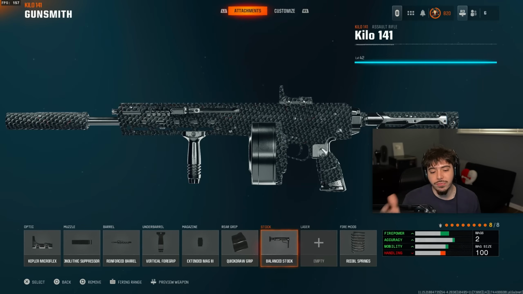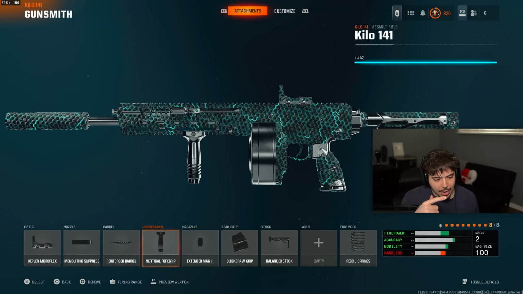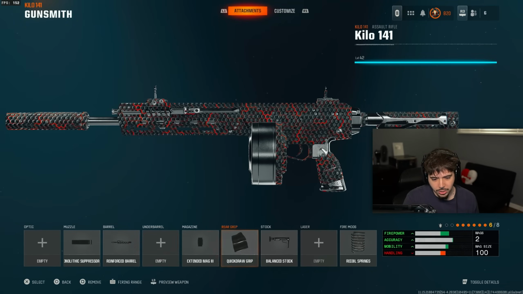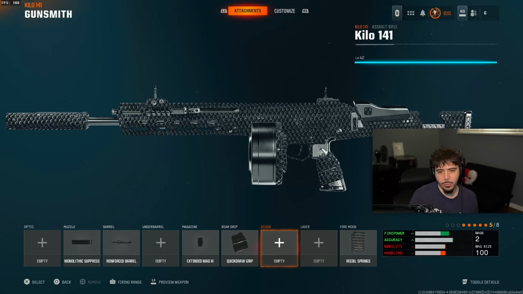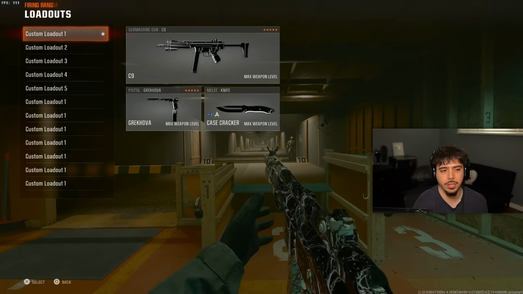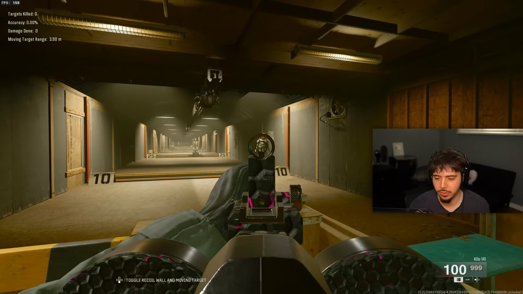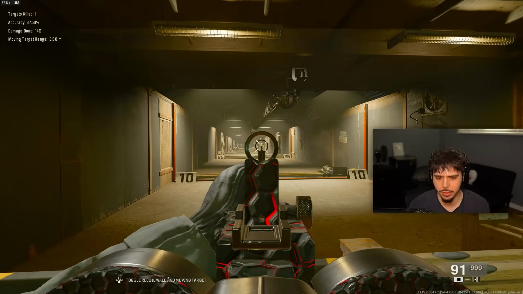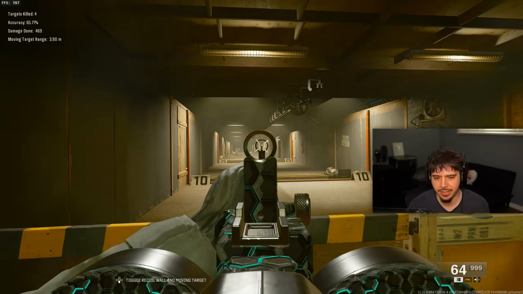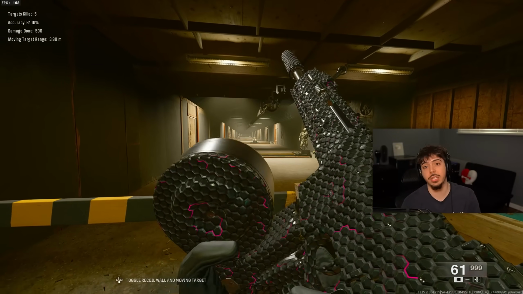If you want only 5 attachments, man, this is going to be hard. But I would probably take off the optic, and I'd probably just take off the underbarrel and maybe the stock. I'd probably run this as my 5 attachment build. So if you want to run this, I'll take this to the firing range real quick, give you guys a taste of the 5 attachment build. It still has everything on, I don't know why, but there you go. It's still very, very good. Obviously you could change the magazine if you want, but this is my 5 attachment Kilo, and this is the